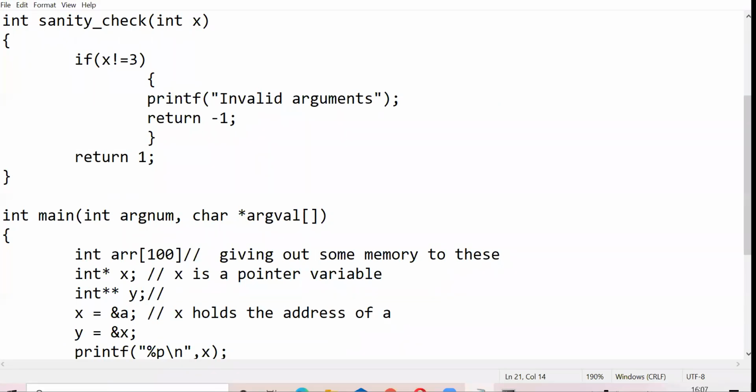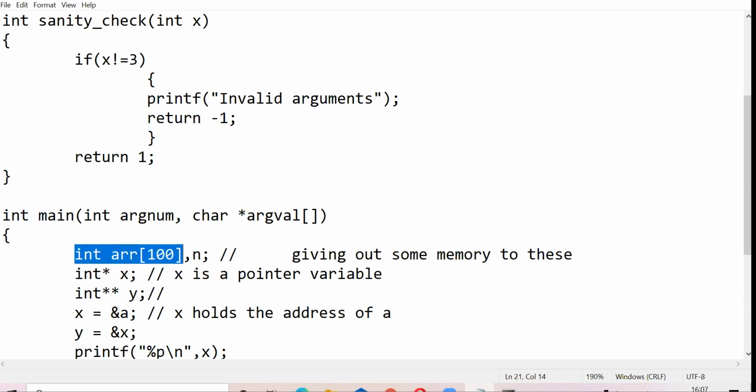So it's an array which can hold 100 integers, and I have this n here. N here will hold the size of the array. So why do we need to hold the size of the array here? I have already told here that this array is of size 100. Why again am I having this n here? The reason is what we are currently dealing with are static arrays. So see what will happen when I declare this array of 100. There will be some memory which will be allocated inside my system, and this memory will correspond to 100 integers. So memory equivalent to 100 integers will be there in my system.